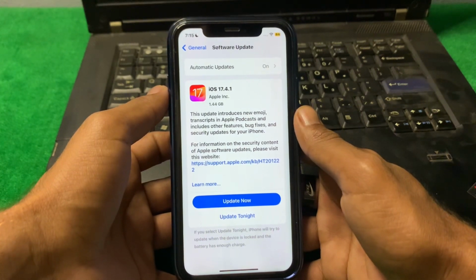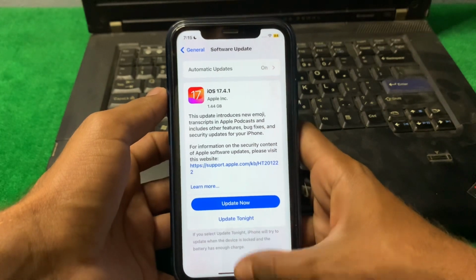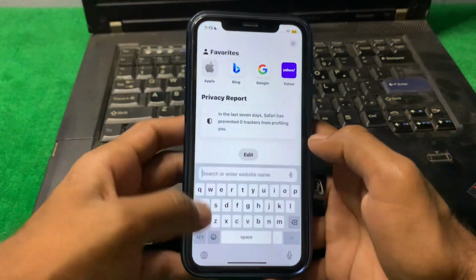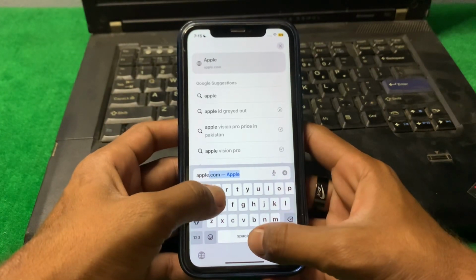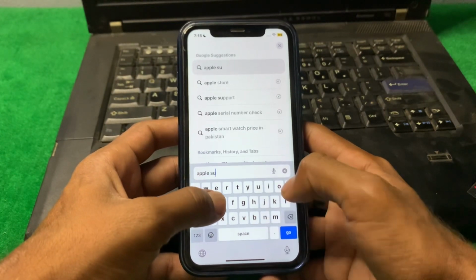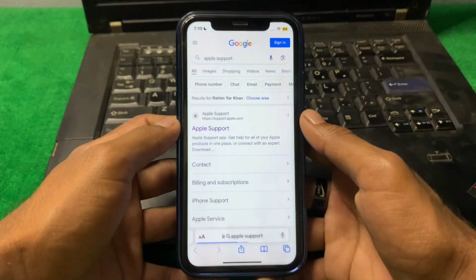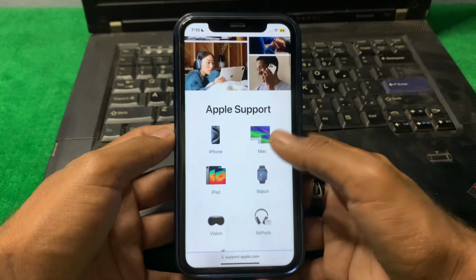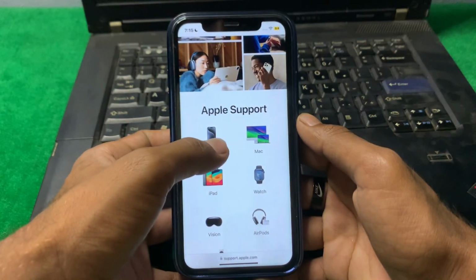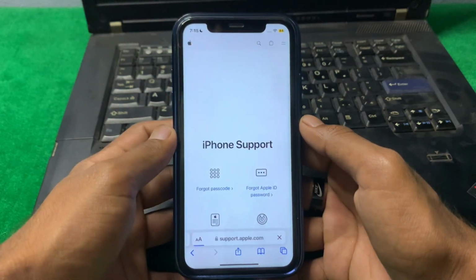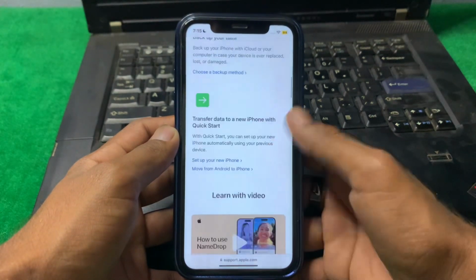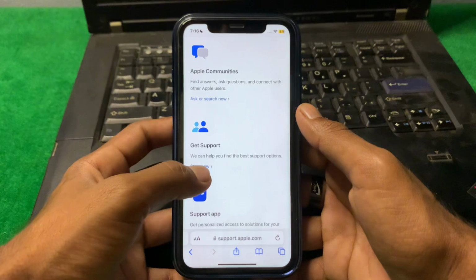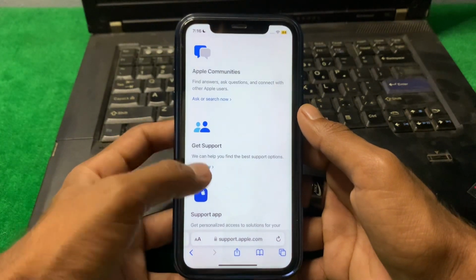If the problem is still there guys, then what you need to do, you have to just simply close this page. Now open any browser, search here for Apple support, and after that guys, open this and select your device from here, and after that scroll it below, and here you can see guys, get support. Tap on this, start now,